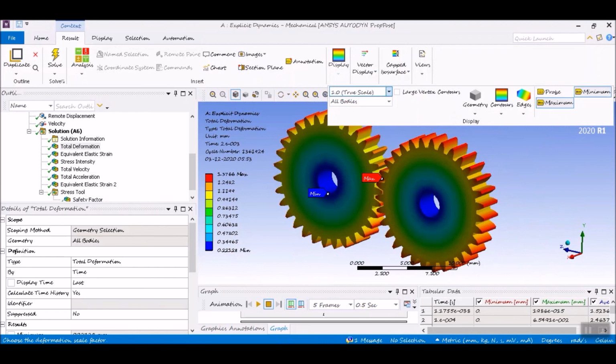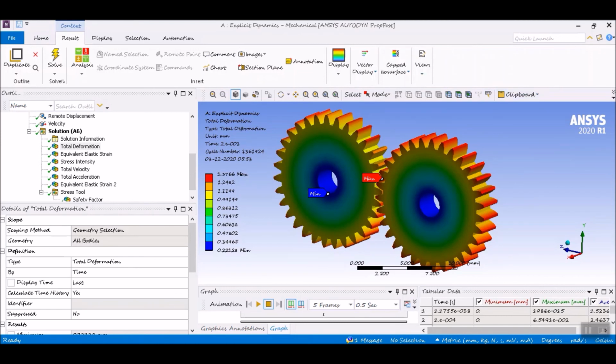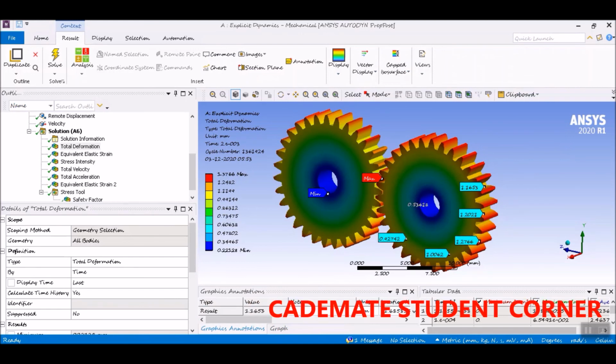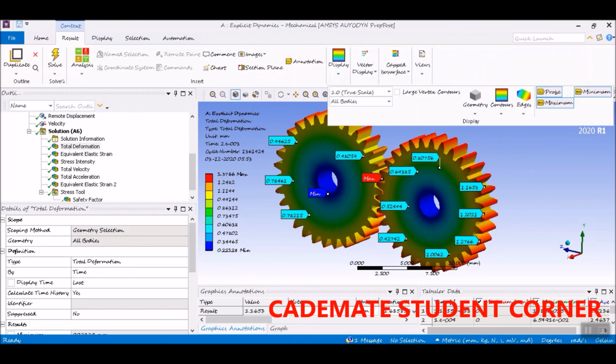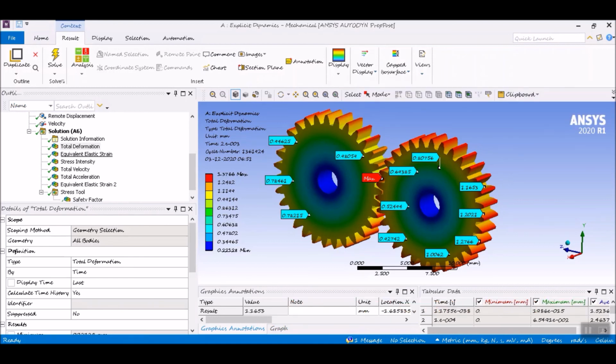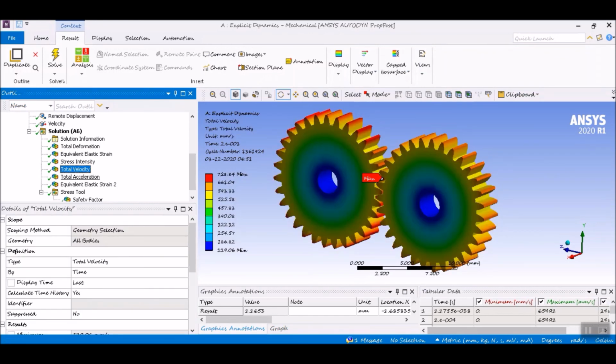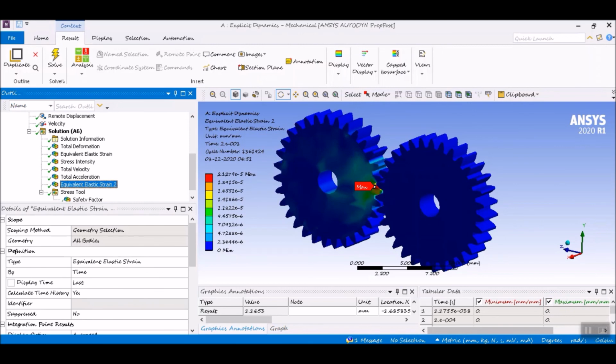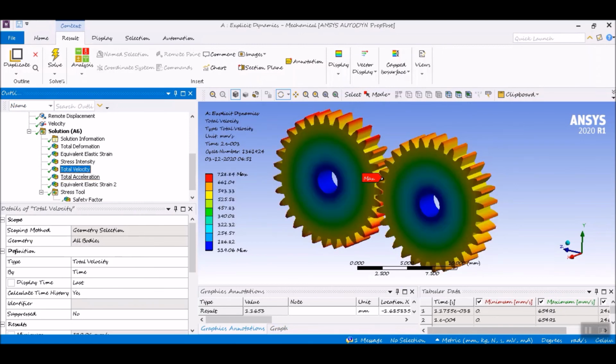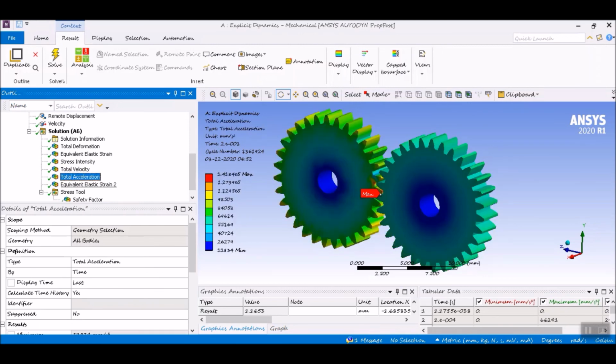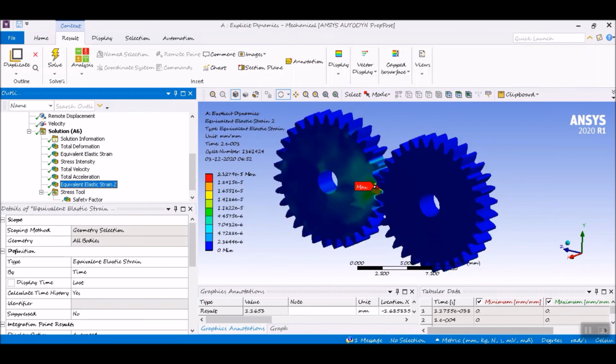You can display from here true scale, body geometry, contours, edges, maximum and minimum values. Like with the probe, we can choose the probe to find the stress on this surface, or the stress concentration on this surface, various kinds. You can do it by yourself. And like total deformation, equivalent elastic strain, stress intensity, total velocity, acceleration, elastic strain. We can calculate many of the things that we calculate theoretically also.